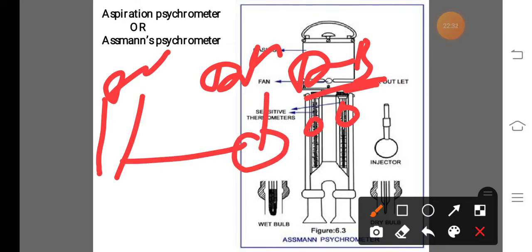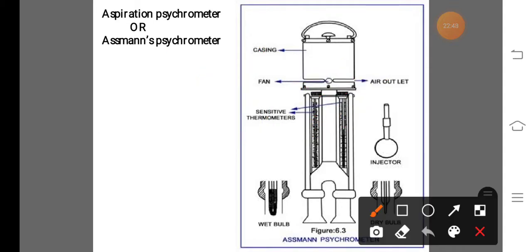In the previous lecture, or first lecture, I think we discussed the psychrometric or hygrometric table. This table is like a log table. So like that, calculate the temperature or humidity of the atmosphere by using the Assmann psychrometer, aspiration psychrometer, or ventilation thermometer method. So this is about the ventilation or second method of measurement of temperature.